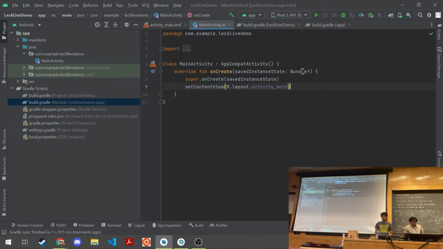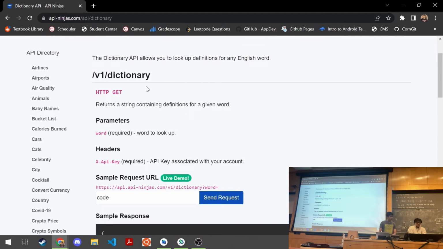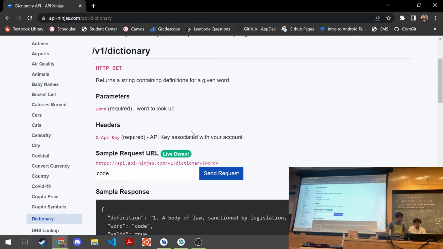So the first thing we'll want to do if we want to use an API is to first look at the API specification. So let me pull up the API specification for the dictionary. This is their specification. Pretty much the dictionary will accept a GET request, and you need to pass in a word as a parameter, like so. You would use this URL, and then pass in the word here as an appending to this URL. You also need to pass in the API key. Again, the API key is just a way that these public APIs track who is using their APIs, so they can limit and make sure people don't spam their APIs and overload them.